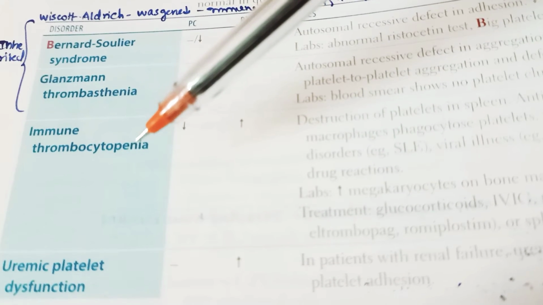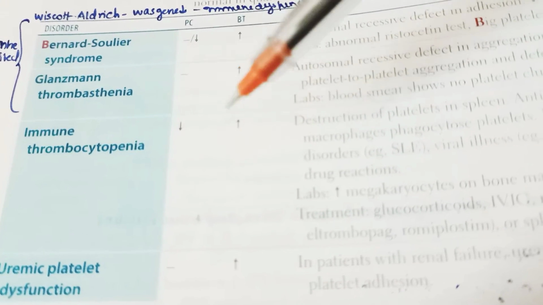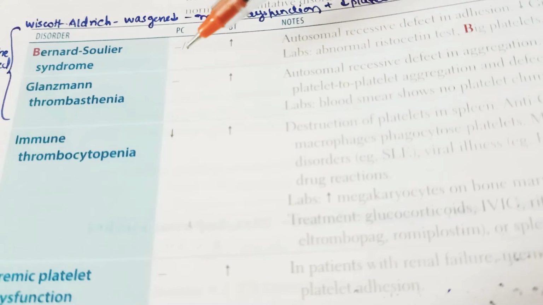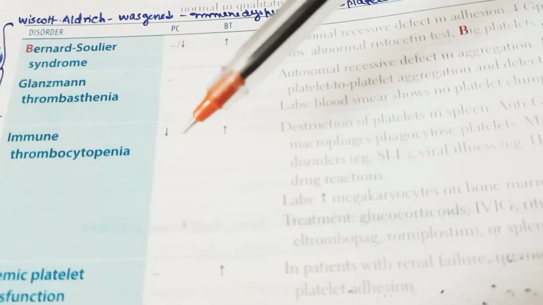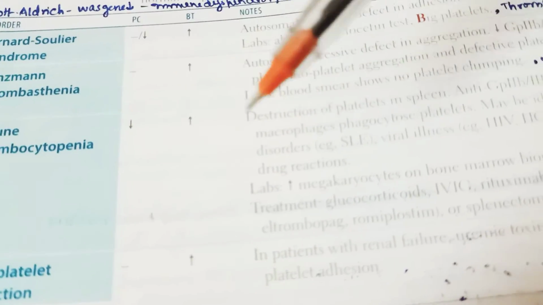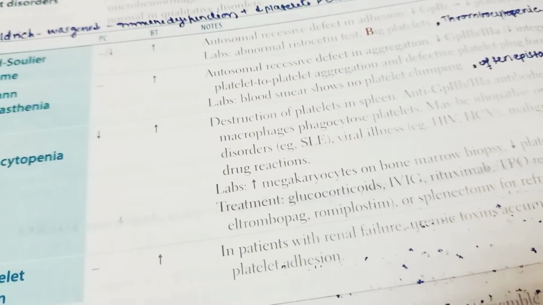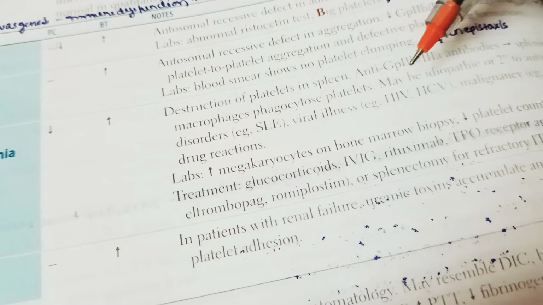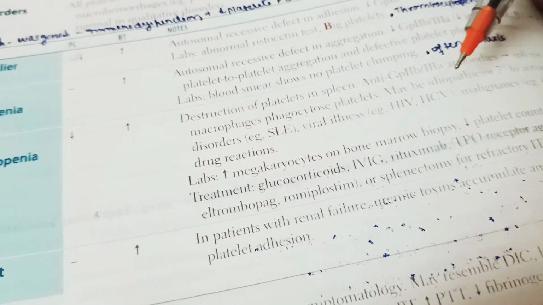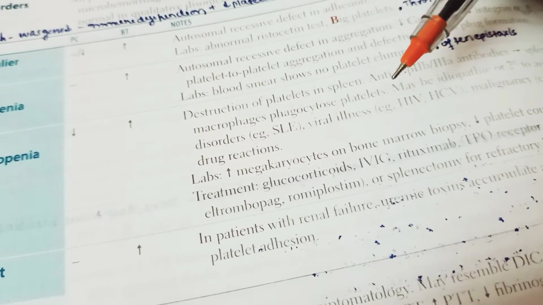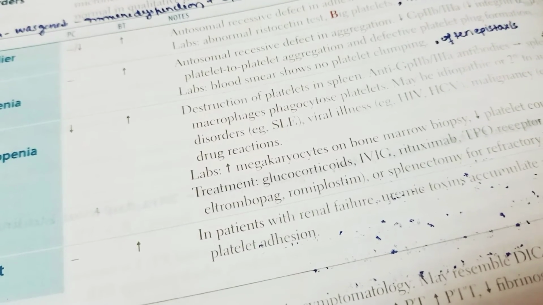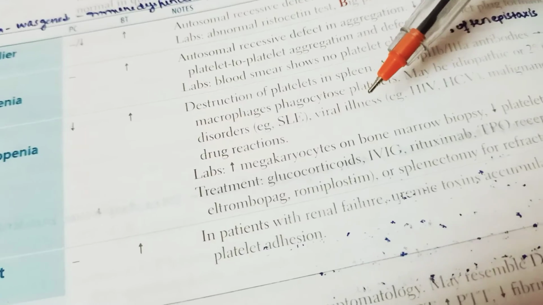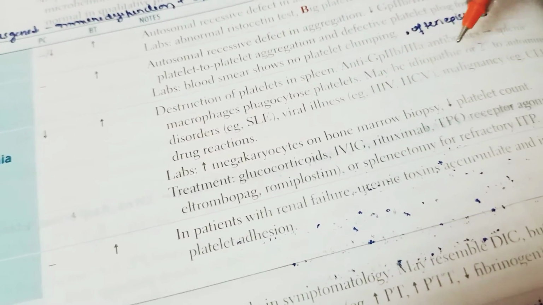Now coming to immune thrombocytopenia, also called ITP. Here the bleeding time is increased and the platelet count is decreased. Why is the platelet count decreased? Because the platelets are getting destroyed in the spleen because of antibodies, that is anti-GP2B/3A antibodies. So the splenic macrophages try to eat the platelets. It may be idiopathic or secondary to autoimmune disorders like SLE, viral illness like HIV, HCV,